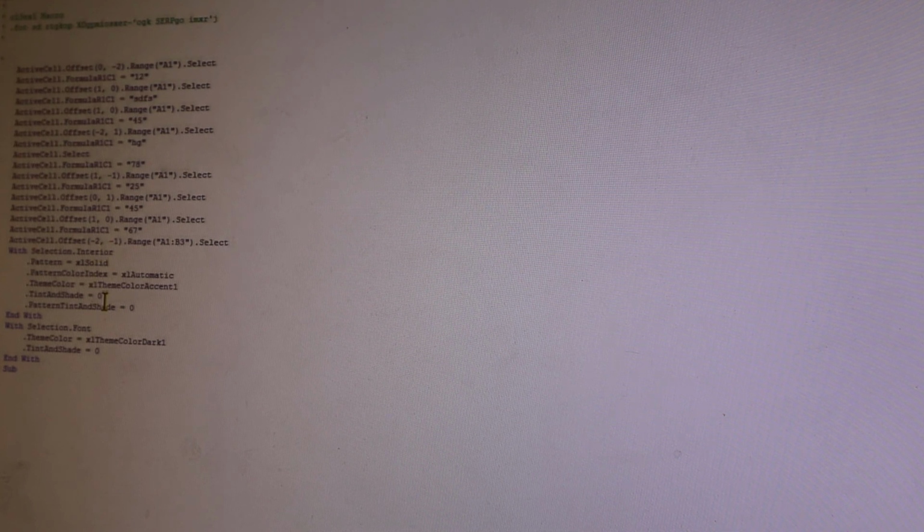All we did was change the color. It gives us the pattern, the color index, and the theme color. All of these things. All we wanted to do is change the color to blue, and the font color to white. Okay? So this is pretty